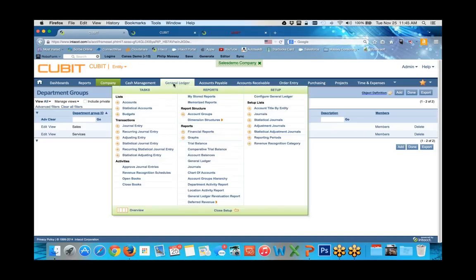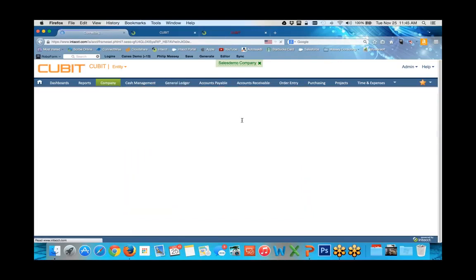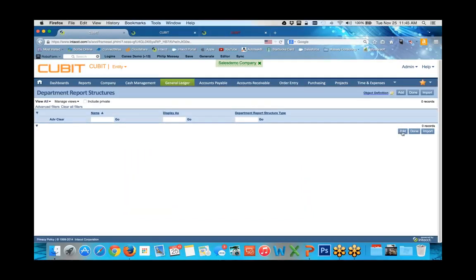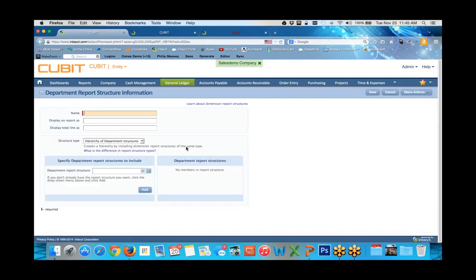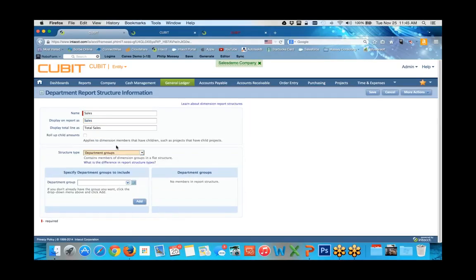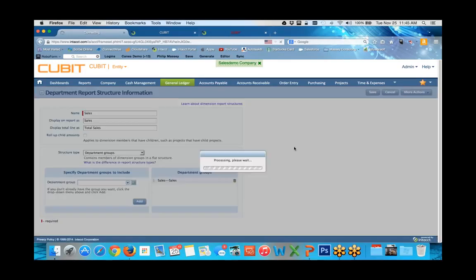If I come back over here now to the general ledger and I look at these different dimensional structures and I go to department, we don't have any. So I'm going to add one. I'm going to call it sales. And then display on report is sales, display total line is total sales. And again, I can either create a hierarchy of dimensional structures, or I can create department groups. So if I take my sales group and I add it and save it,